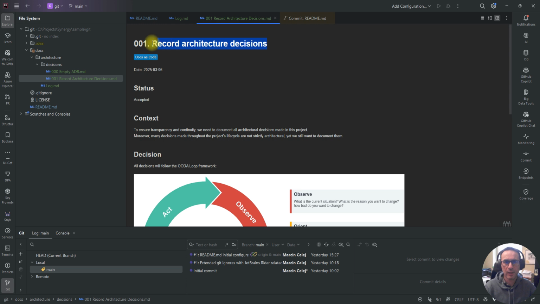Title, it's the first line. As you notice, the decisions are numbered, so this one is decision 001. After that, we have the category, docs as code, documentation as code. So we decided that this ADR, this architecture decision, is kind of docs as code. And here we also have the date on which the decision was made, with the status, and it got accepted